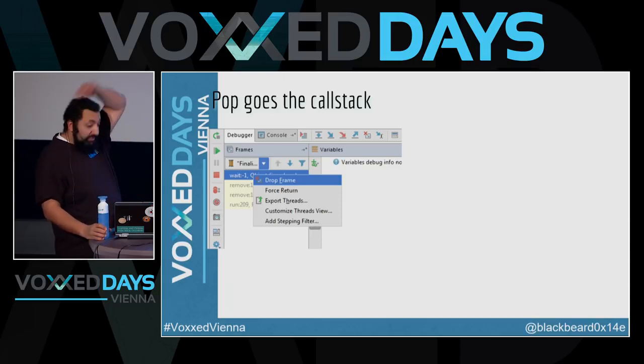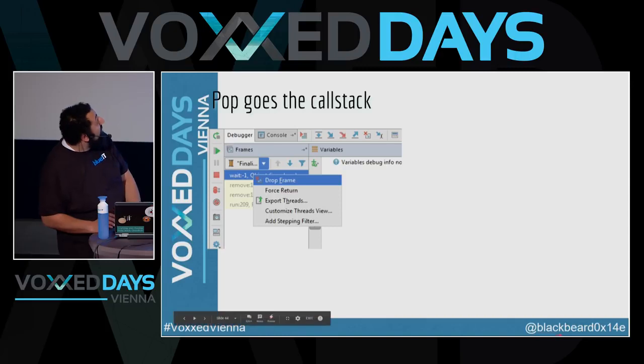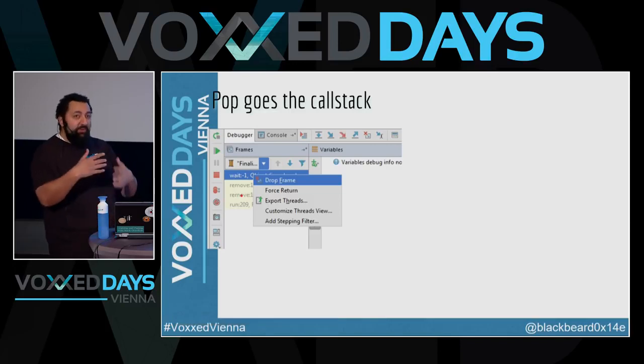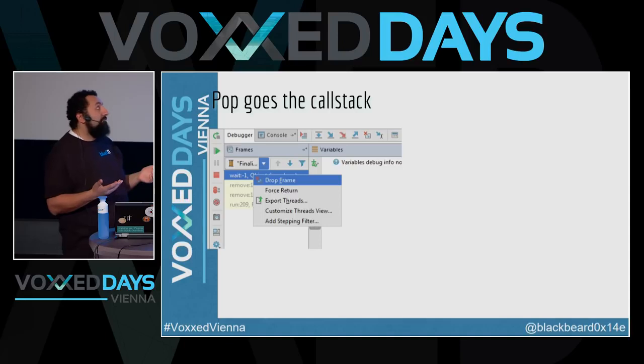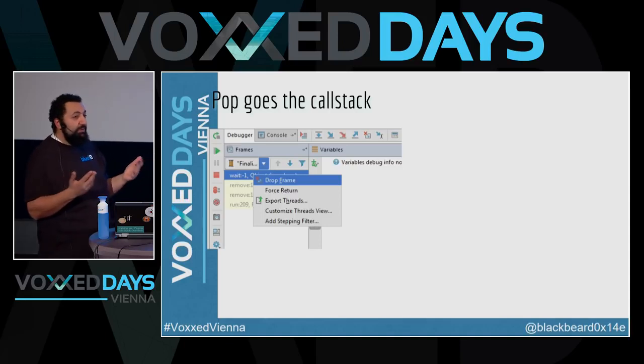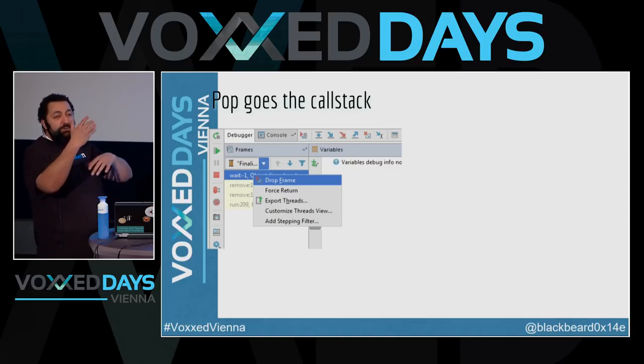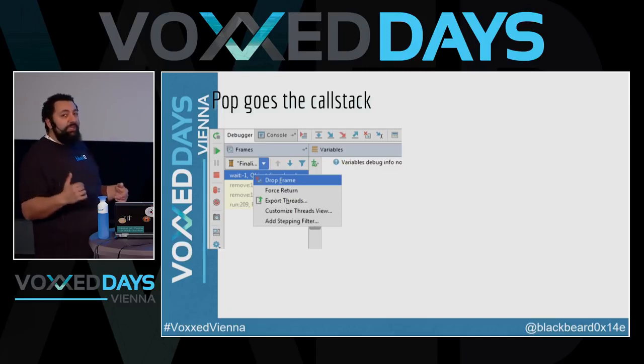So this is in Java, when you set a breakpoint, you get a call stack, which is the yellow part on the left. And you can just basically say, okay, at this breakpoint, I want to drop the frame and go back to the previous point. And this is very helpful sometimes. So when you set a breakpoint, but you set it, for example, a couple of lines too late, and you want to say, okay, now I want to go through those lines, so you drop the frame and then just step in step by step till you do what you want.